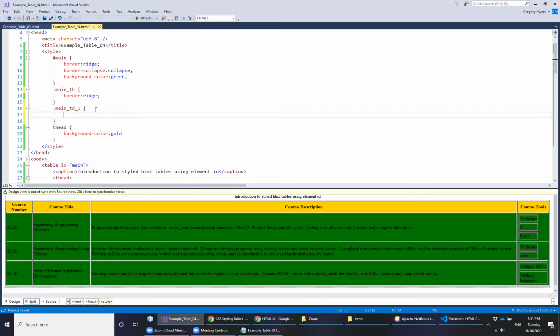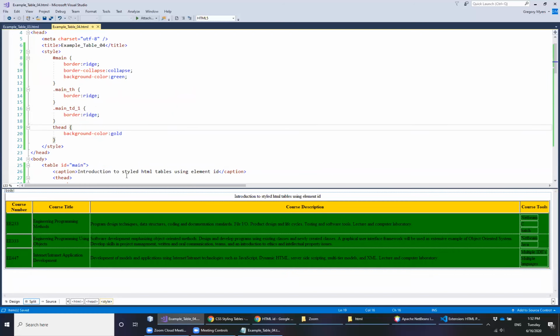And so in this case, it's going to be the main TD1, and we specify border ridge. And so now if we save this, we've applied the TH, excuse me, the border ridge to our main TH, and just to our first column in